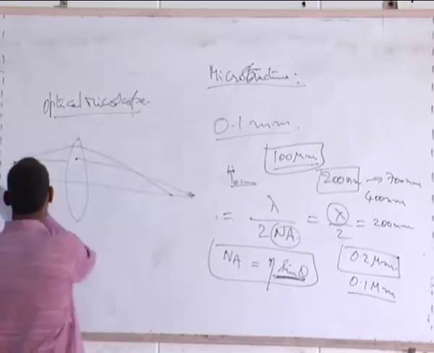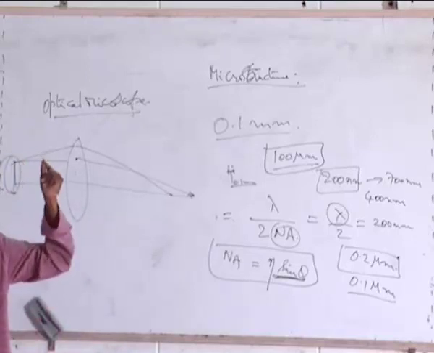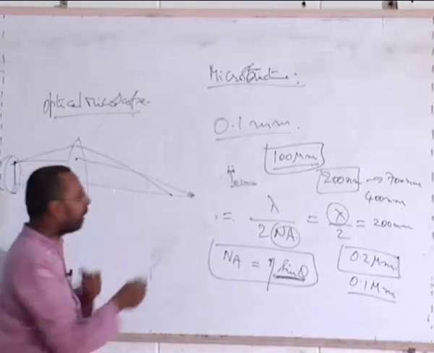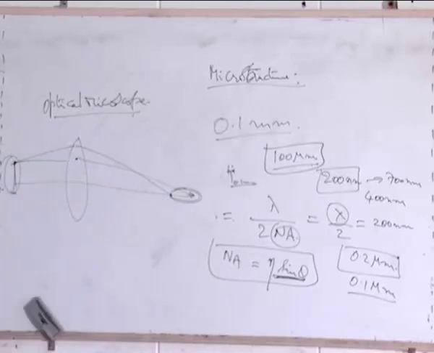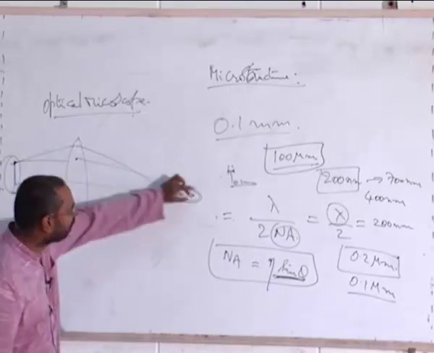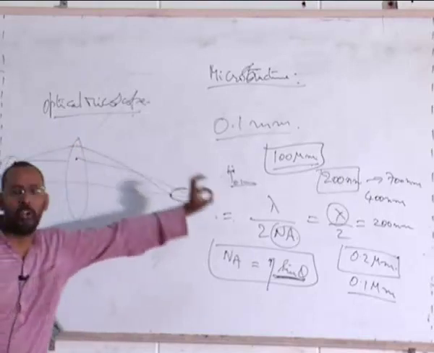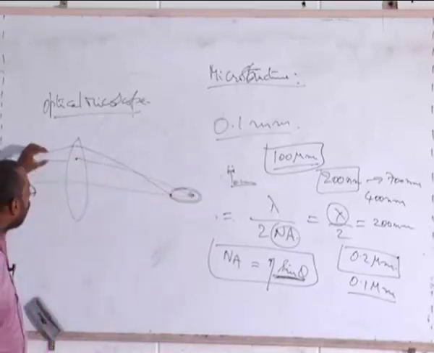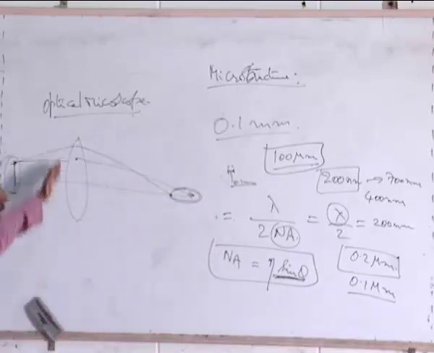As a result, though you are talking of one simple sample, one object, the object which is basically a spot looks like a disc for you, unless you have all these rays focused onto one particular point. Then a dot looks like a dot. If you want a dot to look as a dot, then you need to have all these focused at one point, and this is a problem with normal lenses.